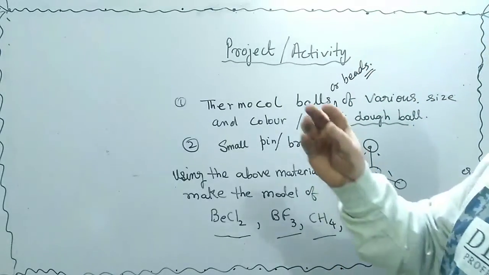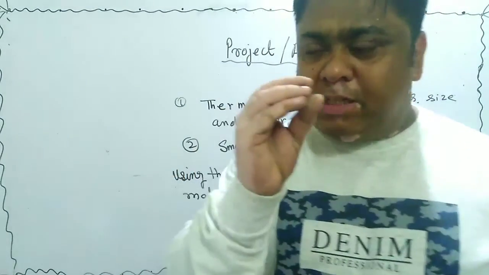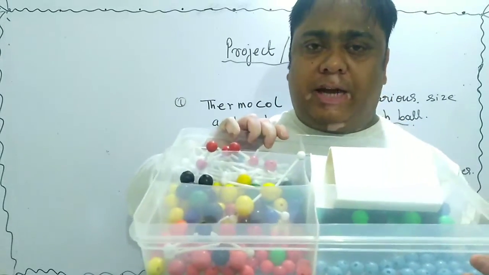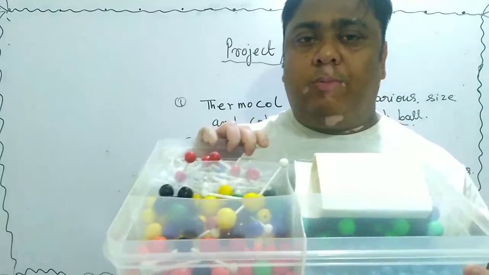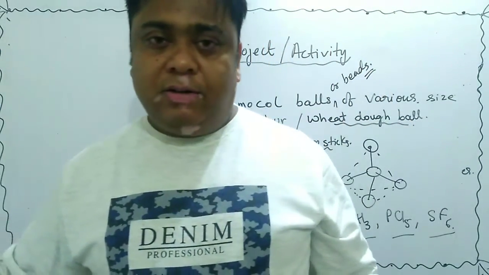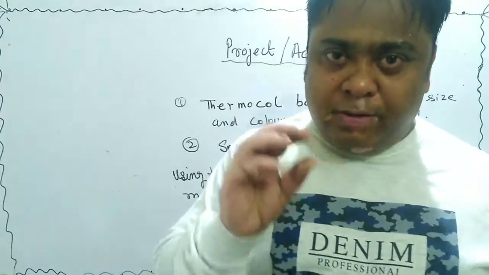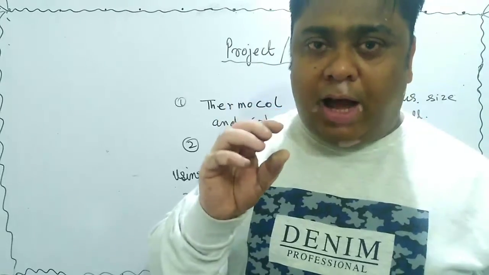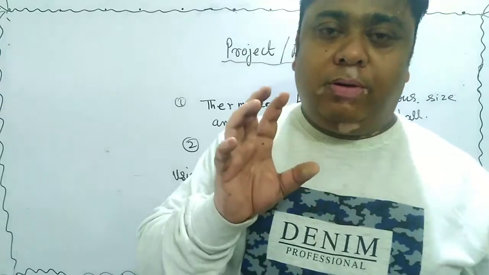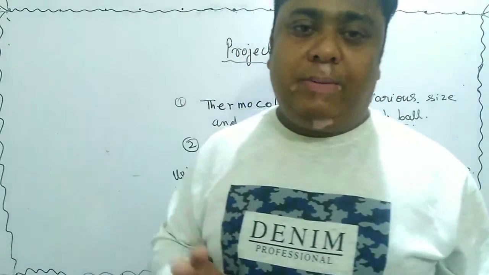Or you can use the wheat dough and broomstick, and you don't need to make big balls. Make very small balls. See how small balls are these, isn't it? So you can make these kind of small balls. So if you make these small balls using the wheat dough, then your mother will not scold. Otherwise your mother will say that what your chemistry teacher is telling you, to spoil wheat only. So don't spoil that, take little bit. I remember when I was a child like you, I used to make snake and tortoise using the wheat dough. So wheat dough modeling is a very nice art with which you can learn lots of structures. Okay, so enjoy chemistry in this way.